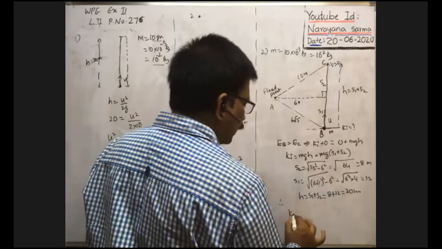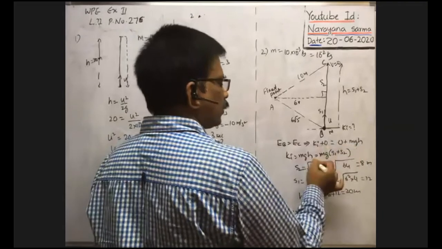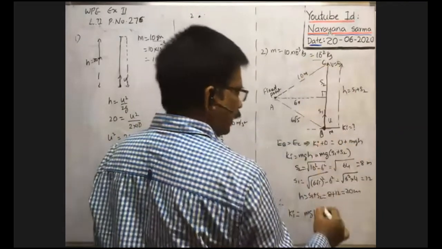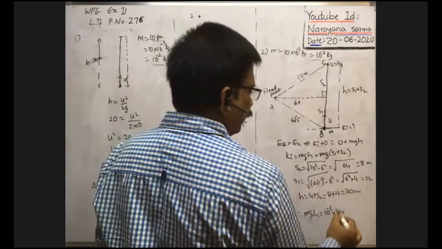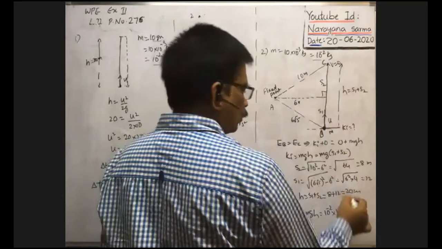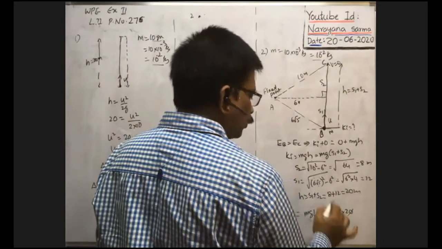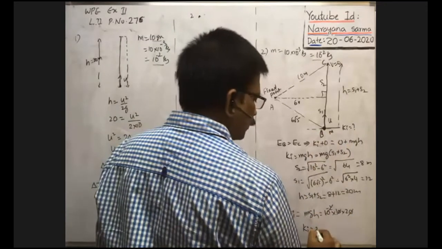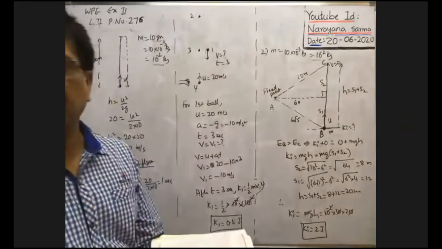Therefore initial kinetic energy, we got mgh. Initial kinetic energy is equal to mgh only, no? So that is equal to, mass of the body is already 10 to the power of minus 2, into g means 10, into h means height is equal to 20 meter, no? So 20. Here these two zeros cancel. Therefore initial kinetic energy is equal to 2 joule. Yeah, very good.